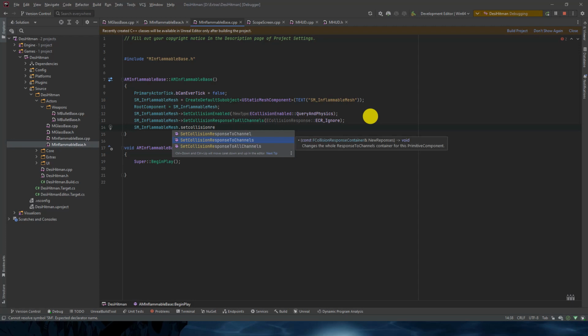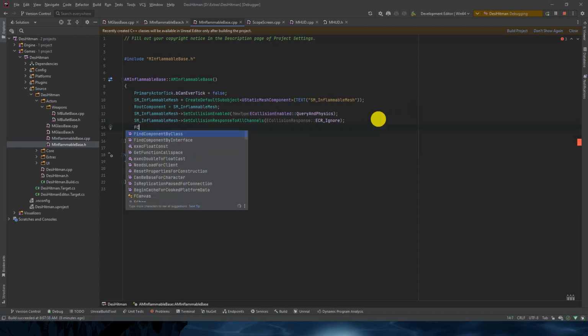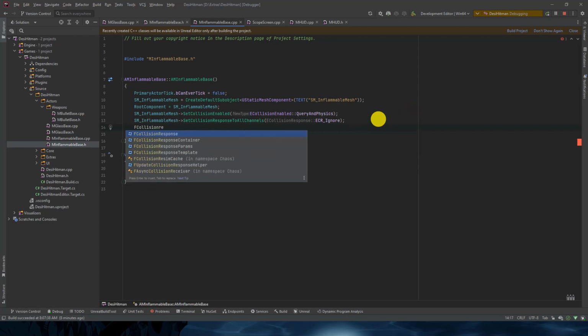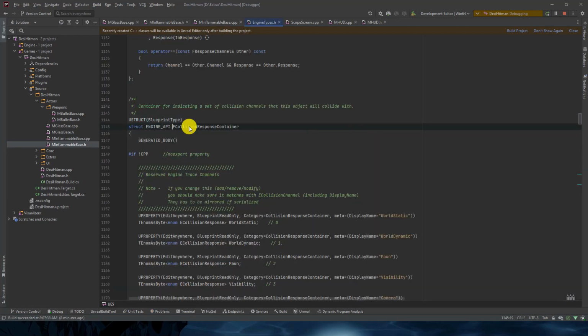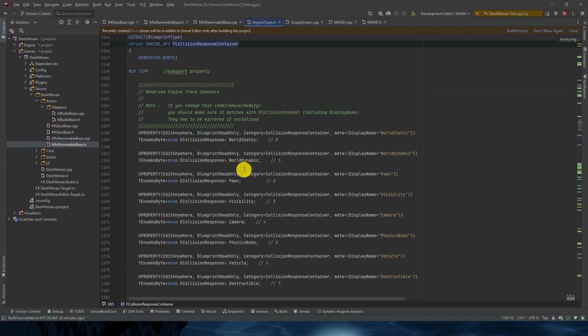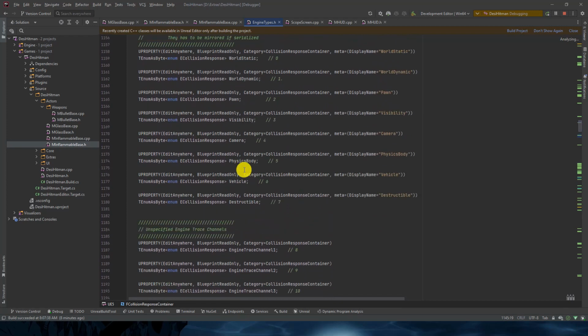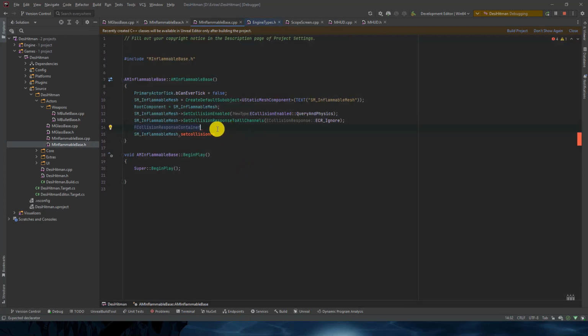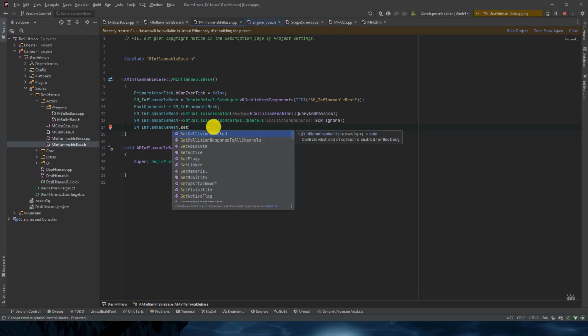I haven't tried that. FCollisionResponseContainer, let me check. We can also use this, but as we just need to do that for three channels,